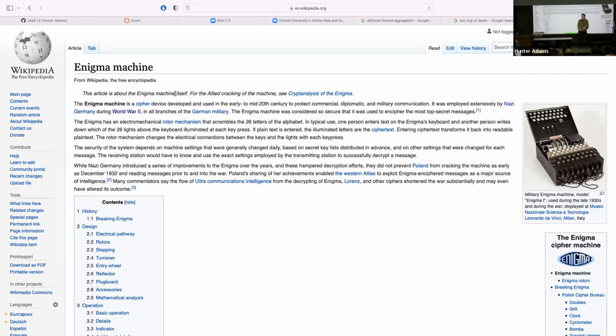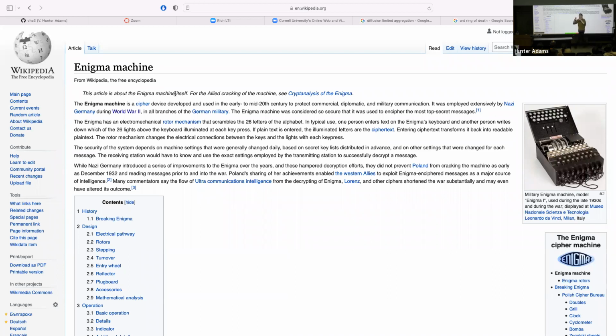So how does this actually work? It's composed of a bunch of different pieces. There's what's called the Stecker board, which maps a particular key to another key. Say I push an A, there's a bunch of removable plugs that allow the user to map A to, say, F or whatever. There's a tremendous number of mappings that you could do there. So there's a Stecker board that maps a particular keystroke input to another key.